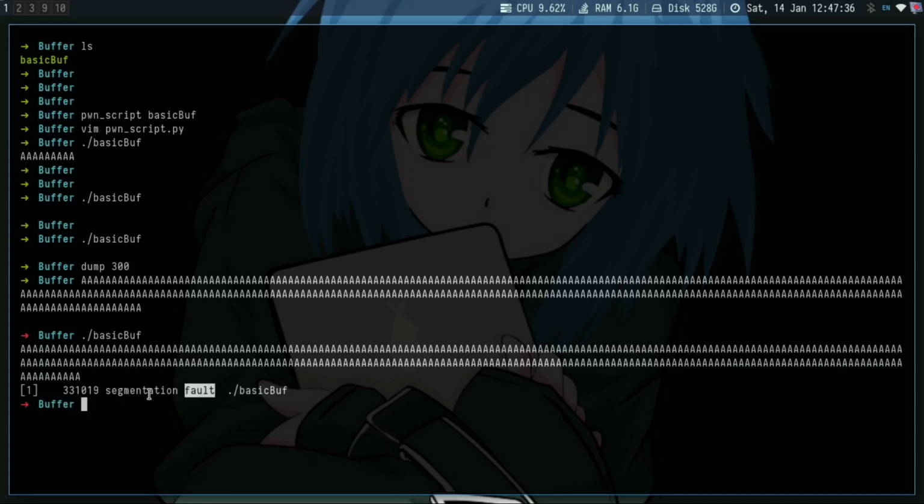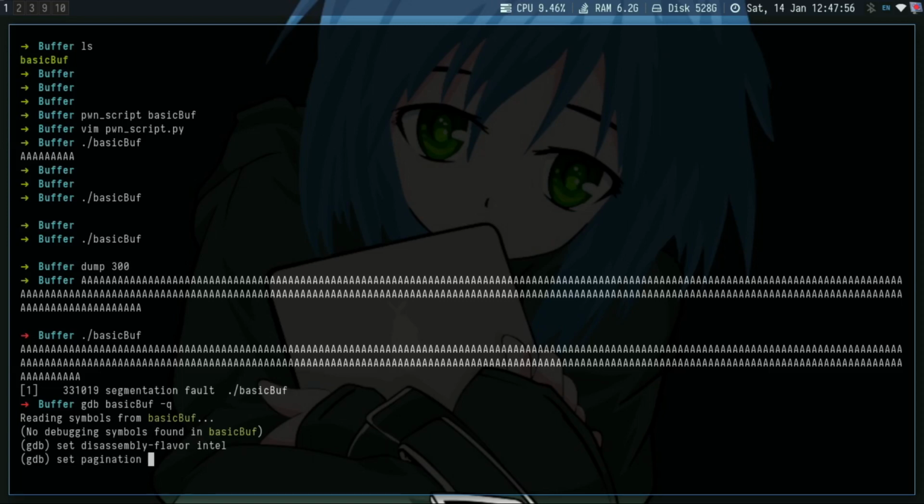So basically we need to get the offset so that we can place m right after our gibberish. We can use GDB for that, and then we can launch it in quiet mode. We can set the disassembly flavor to Intel, then we can set pagination to off. We can disas main,